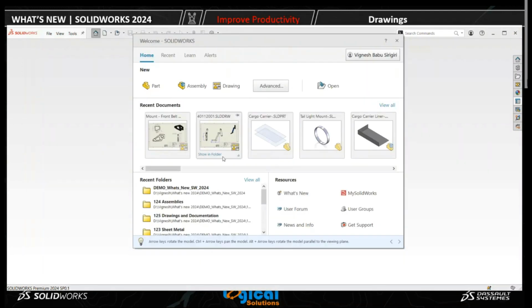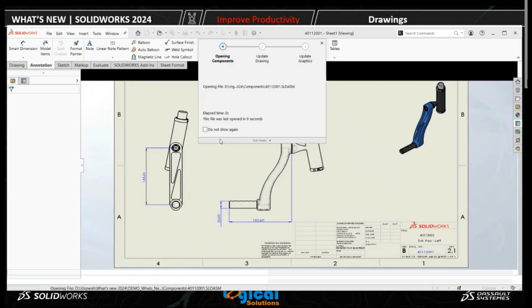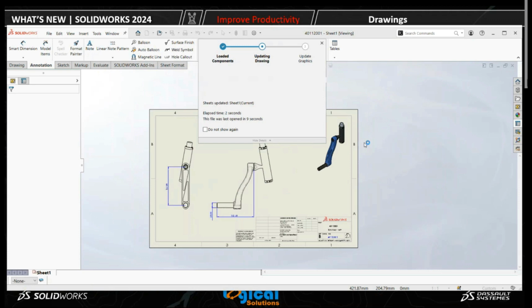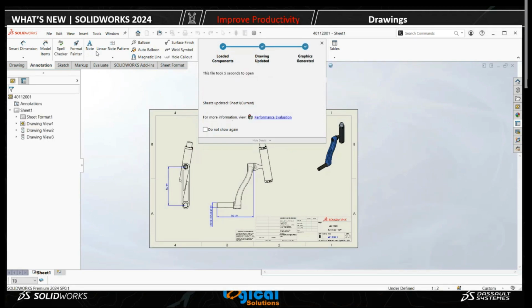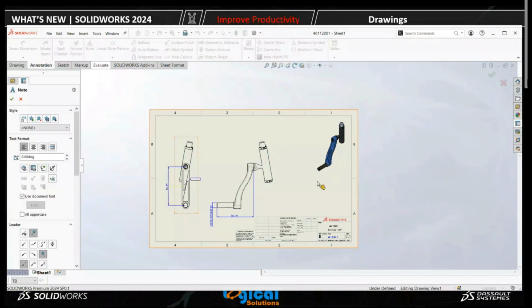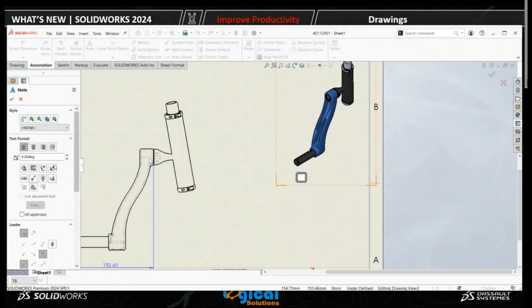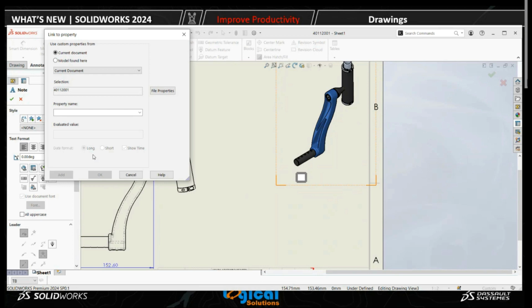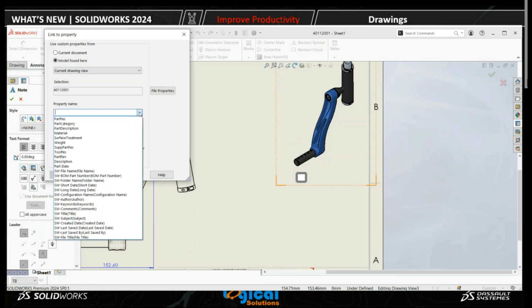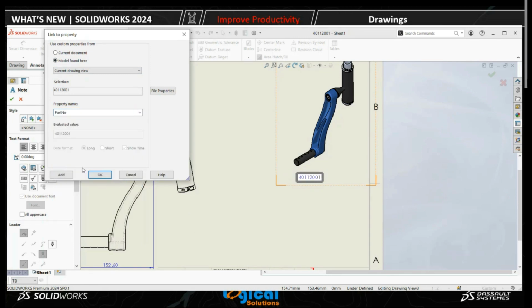I'm opening a sub-assembly drawing here, and I'm going to create a note for this isometric view. I'm using property link here and creating. Previously also we could create notes with the property links, but this year we can create a text string composed of multiple property links. Here I'm going to select different properties and you can see that the add option is